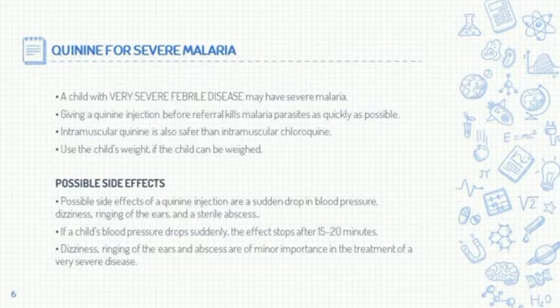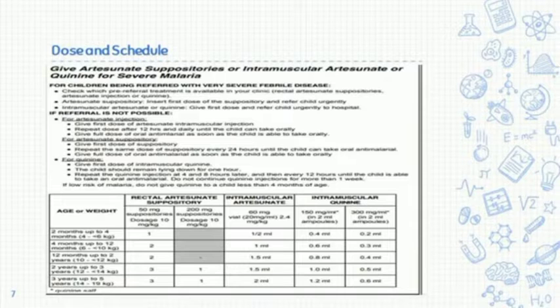The drug also has possible side effects like sudden drop in blood pressure, dizziness, ringing of the ears, and a sterile abscess. If a child's blood pressure drops suddenly, the effect stops after 15 to 20 minutes. The dizziness, ringing of the ears, and abscess are of minor importance in the treatment of a very severe disease. The dose and schedule of the drug is given here in this table, and as you can see, there